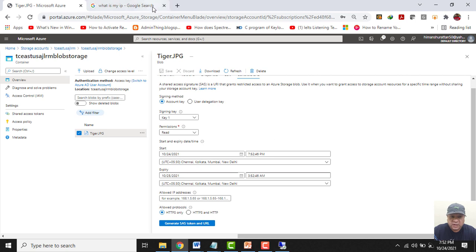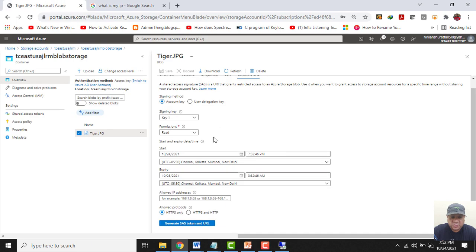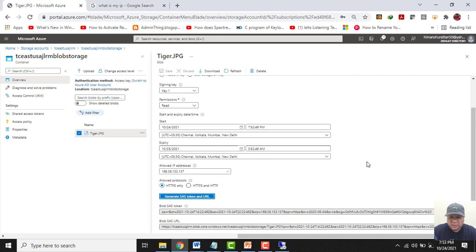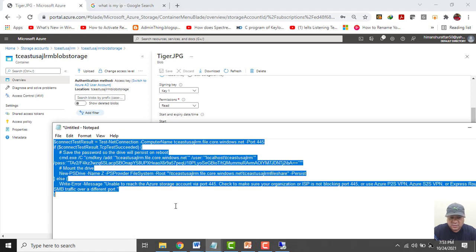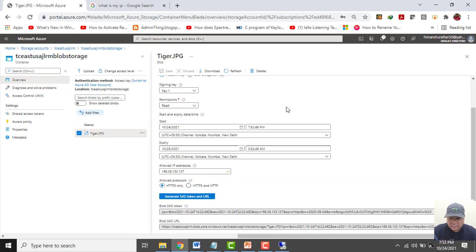I will give my IP address over here, and I will click on generate SAS token and URL. Let me copy this, and let me copy this one as well.